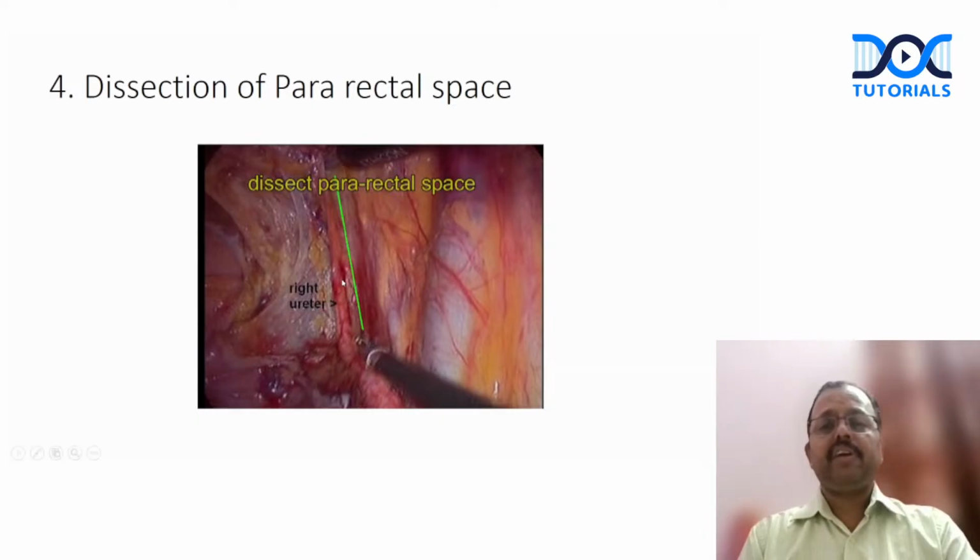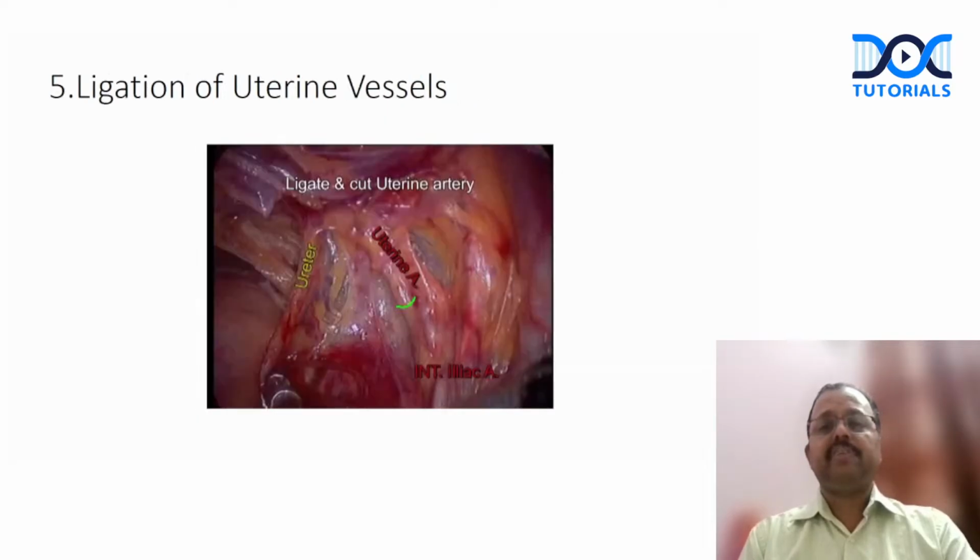So starting from the right ureter, we go in this plane between the iliac vessels and the pelvic side wall. We go up to the level of the levator. And the next step is to ligate the uterine vessels. So in a type 3, ideally, you will be ligating the uterine artery at its origin from the internal iliac